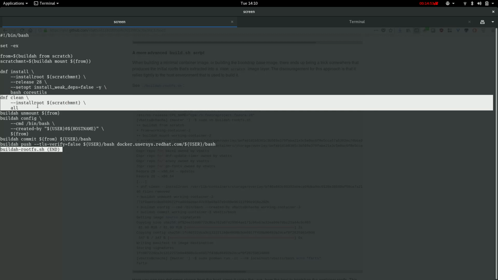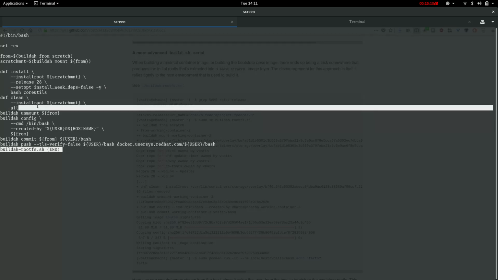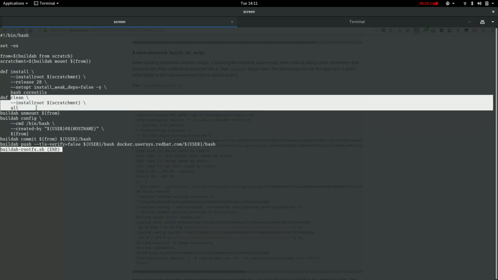Even though the container file system doesn't even have DNF or RPM installed, it only has the extracted contents of bash and the extracted contents of coreutils. If we didn't do this clean step, then you would see like var/cache/dnf from all the different repos